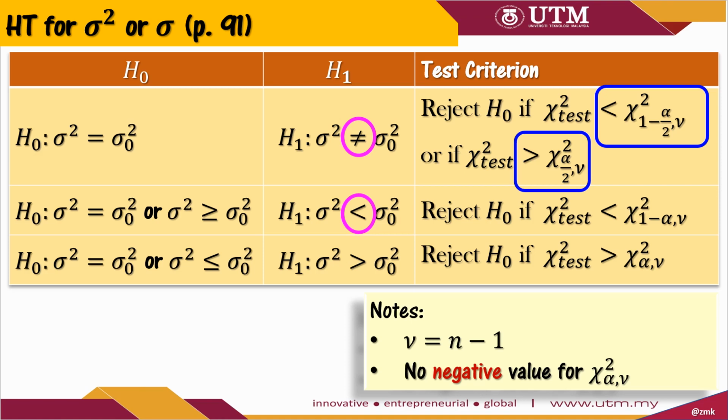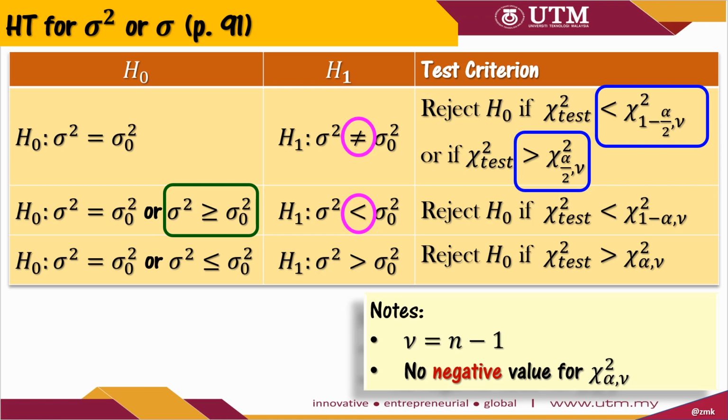For this left-sided test under H0, we can either just write sigma squared equal to sigma naught squared, or sigma squared is at least sigma naught squared. You should notice that the statements under H0 must contradict with the statement under H1. The decision rule follows what we write under H1. For this second choice, the decision rule is